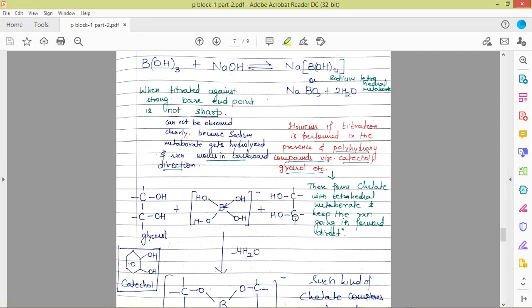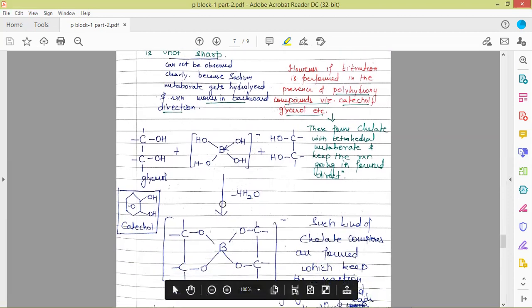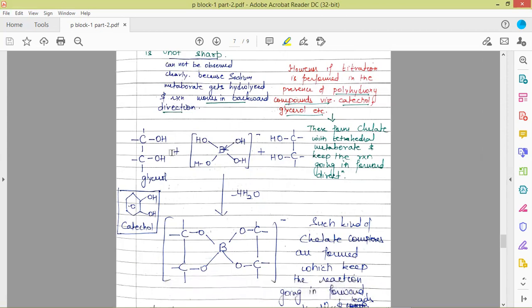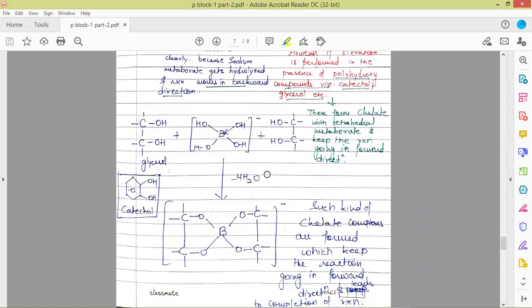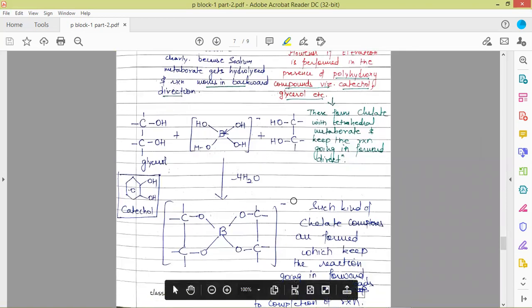So this is the glycerol molecule which has been shown here. Here it reacts with the sodium tetrahydroxyborate. What will happen is 4 water molecules will get removed. The hydrogen will be removed from here and OH from here. So one water molecule from here, one from here, one from here, and the last one from here. So it is losing 4 water molecules,